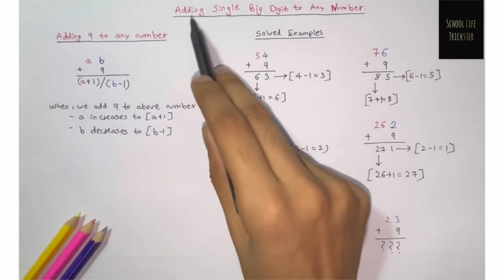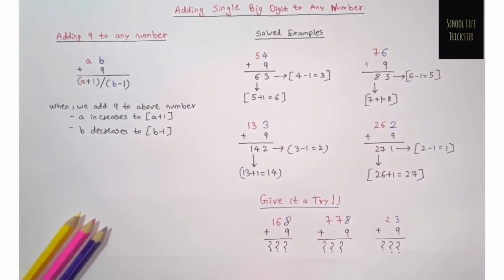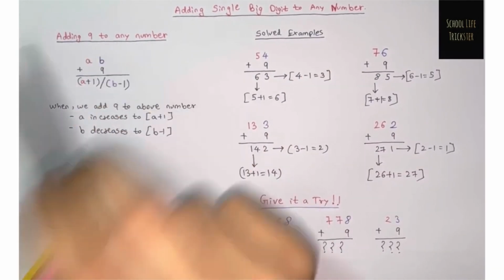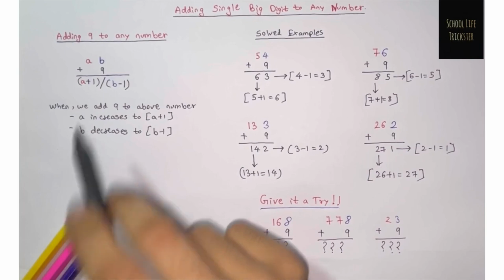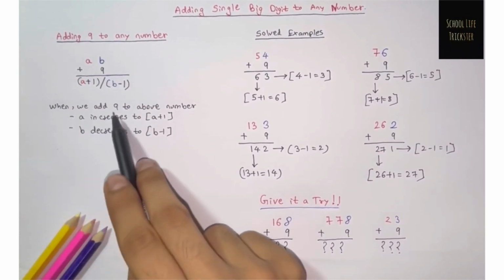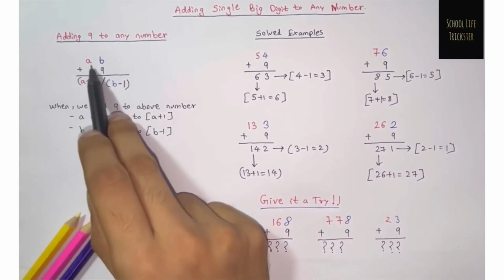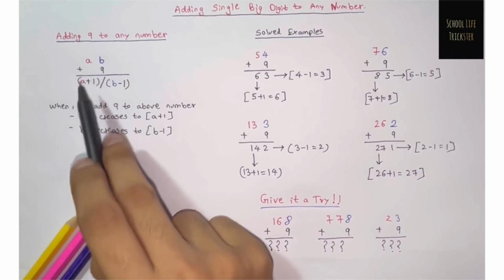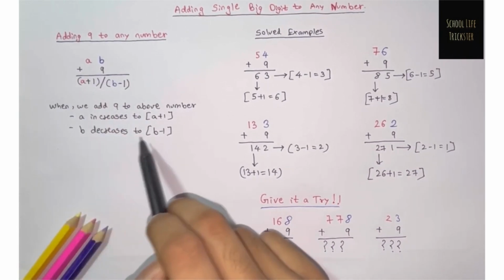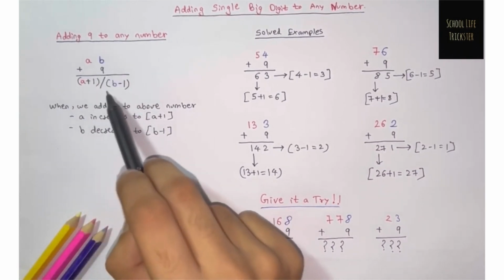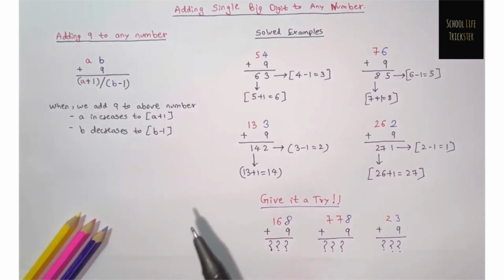आज हम सीखने वाले हैं एडिंग सिंगल बिग डिजिट टू एनी नंबर, एडिंग 9 टू एनी नंबर। तो एक सम गिवन है, तो इसमें क्या है, व्हेन वी ऐड 9 टू अबव नंबर, a increases by 1, that is a plus 1, and b decreases to b minus 1, that is b minus 1। तो ये आपको मैं एग्जांपल्स के साथ बताता हूँ।